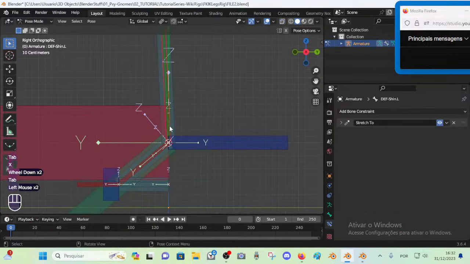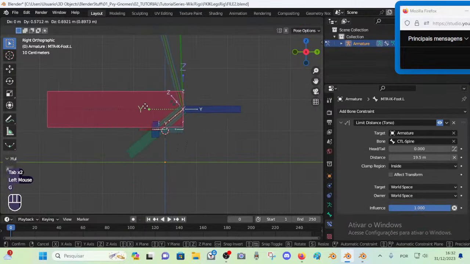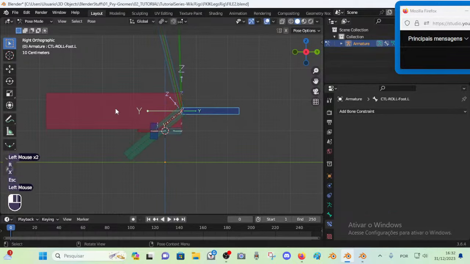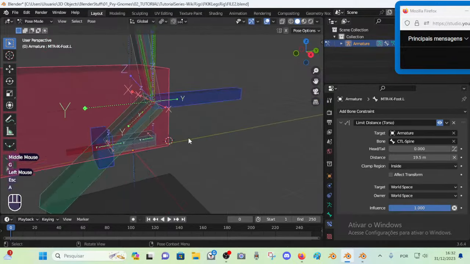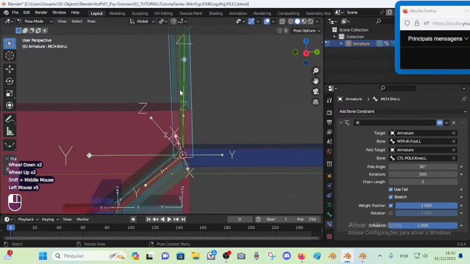Let's try to remake this thing. So here this is fine. Then if I pause here, alright, everything here seems to be correct. Then we need to extrude from this bone